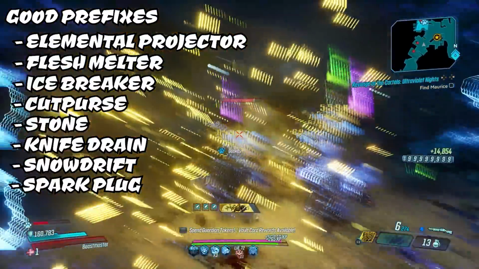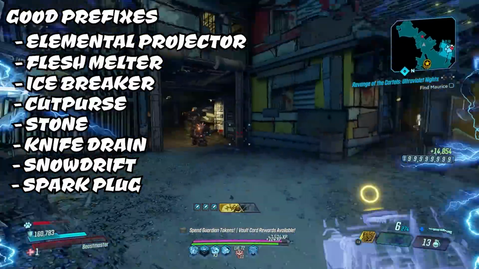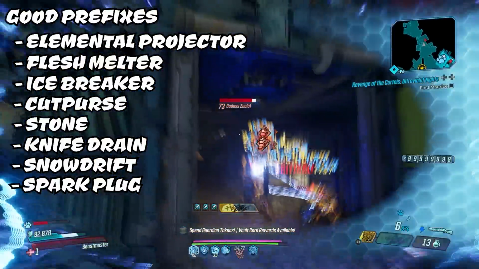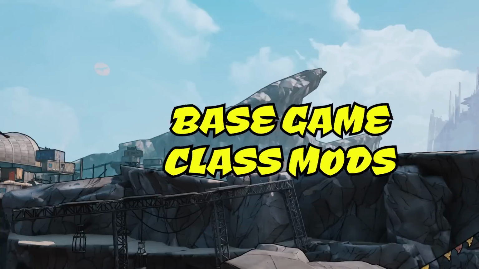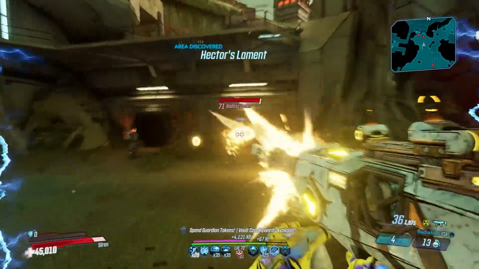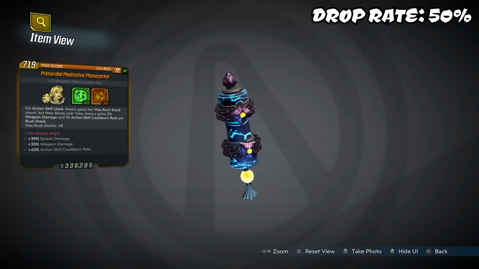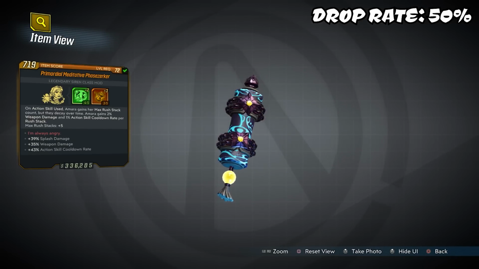Lastly, Sparkplug can be a lot of fun to plant coils each time you slam, and is a necessity on Immortal Snowshoe Moze, which we touched on before. Moving on to base game class mods, which we'll do by Vault Hunter, starting with Amara. The Fazerka class mod is one of her best, with an increased chance to drop from the Hag of Fervor,